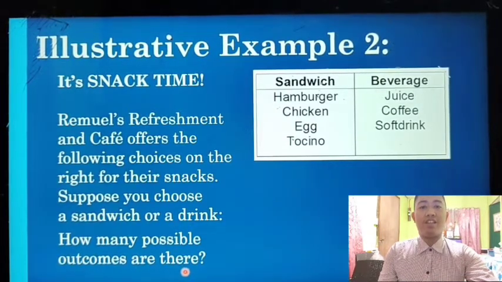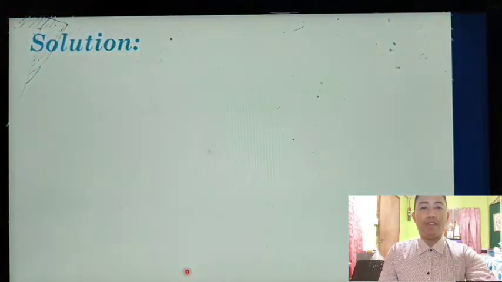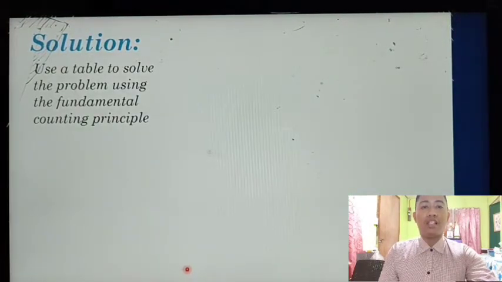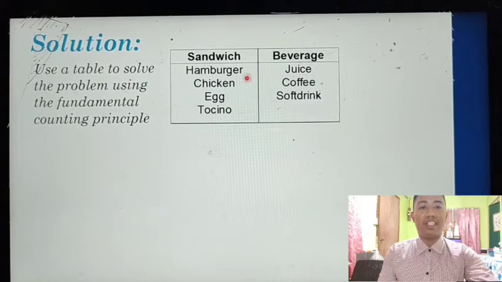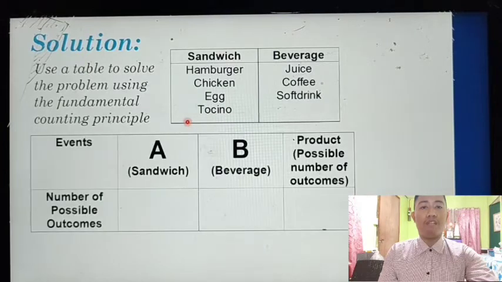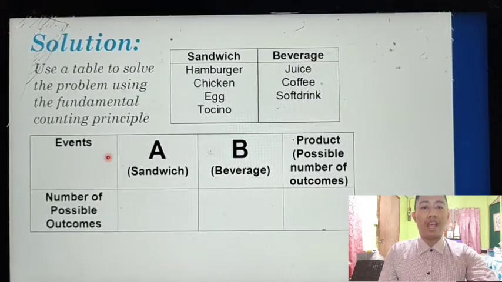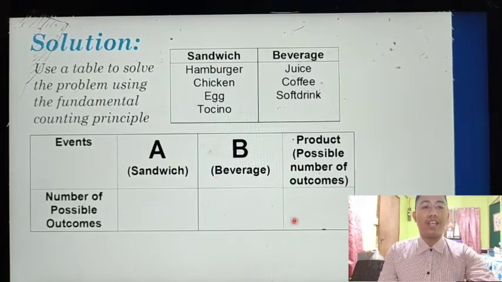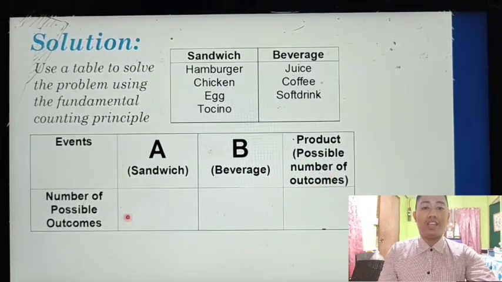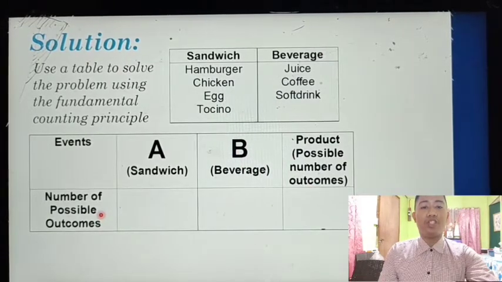So my dear students, to solve this problem, here is the solution to the given problem. We are going to use a table to solve the problem using the fundamental counting principle. So we have the given choices of sandwiches and beverages on the right side. We have 2 events: the choices of sandwiches and the choices of beverages. And of course, we have the last column. We are looking for the possible number of outcomes. So to determine the number of possible choices in every event,